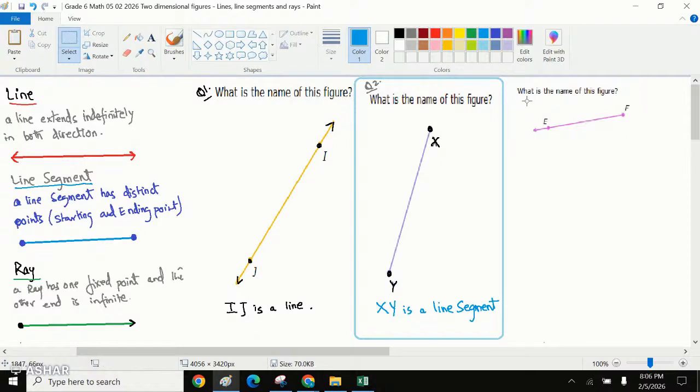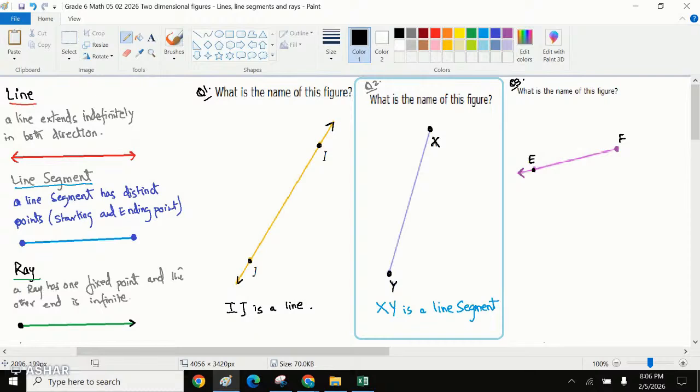If this was our question number 3, and they have this picture over here, can we see a starting point that is a dot, and we can see an arrow in question number 3? So what we can say over here is, we are given 2 points on the line. So whenever we have a starting point